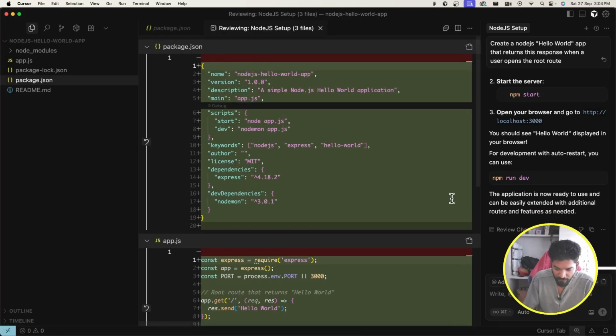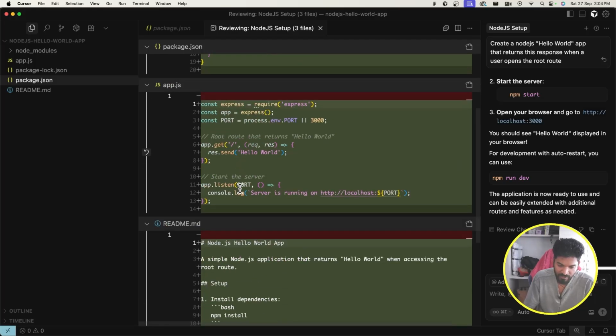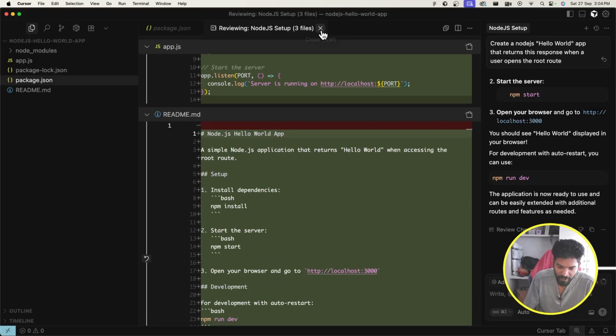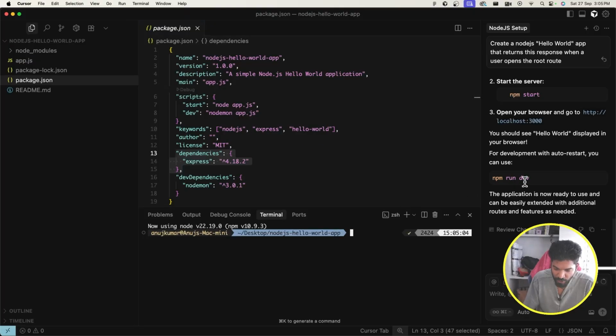Yeah, and here while reviewing changes, you can also do these things as well. Hey, these are the changes that Cursor did for us. Okay, so we already reviewed our changes, so not going to do that. And then what we can do is either you can use the terminal right inside Cursor, and inside this folder, you can run npm run dev. But what we can do, we are going to ask Cursor, hey, let's run the app for me,